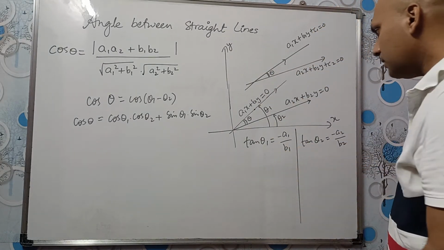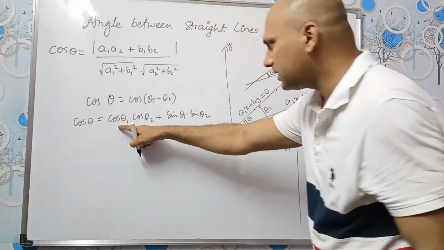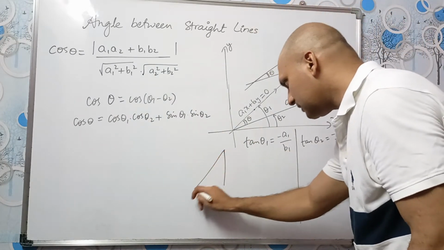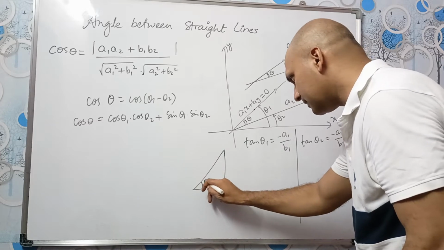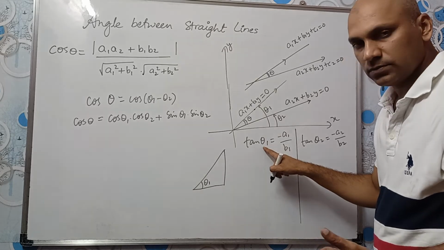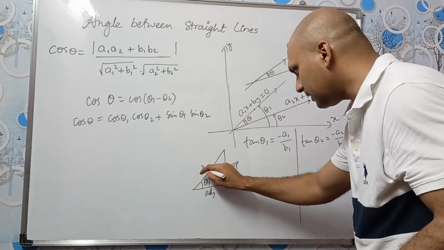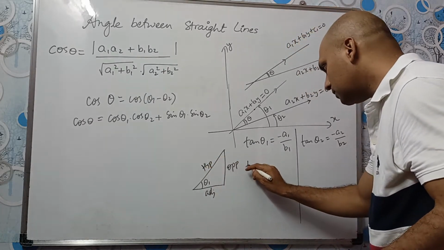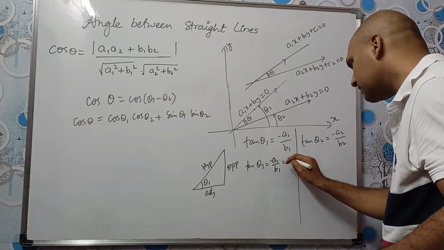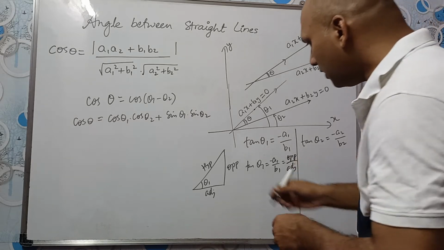Okay. Now, if tan theta is minus a1 by b1, we need to find cos theta 1 and sin theta 1. Okay. See, let us take a triangle. Let us say this is theta 1. We know from the 10th standard that tan value is what? Opposite divided by adjacent. And this is the hypotenuse, right? So, tan theta 1 is a1 by b1 with minus sign. So, this is opposite divided by adjacent. Okay. Opposite side is